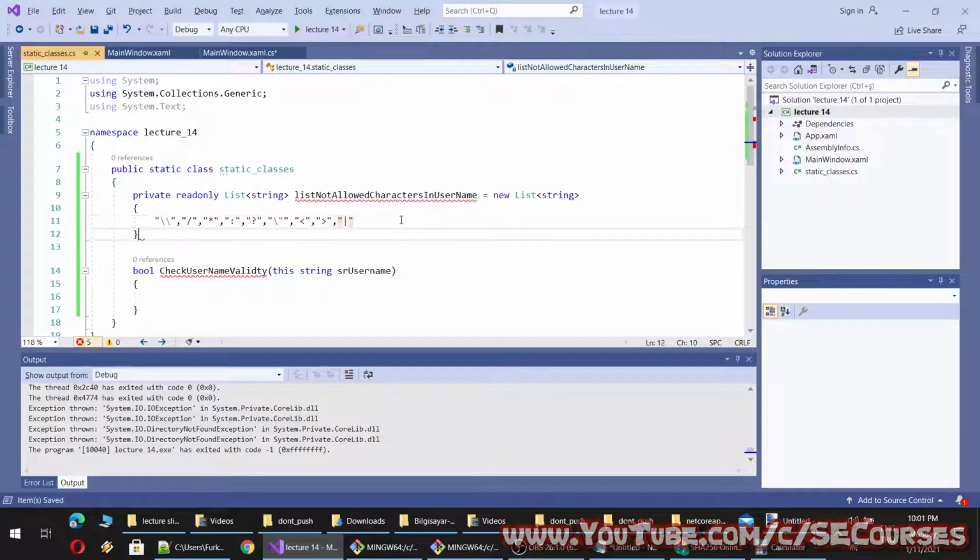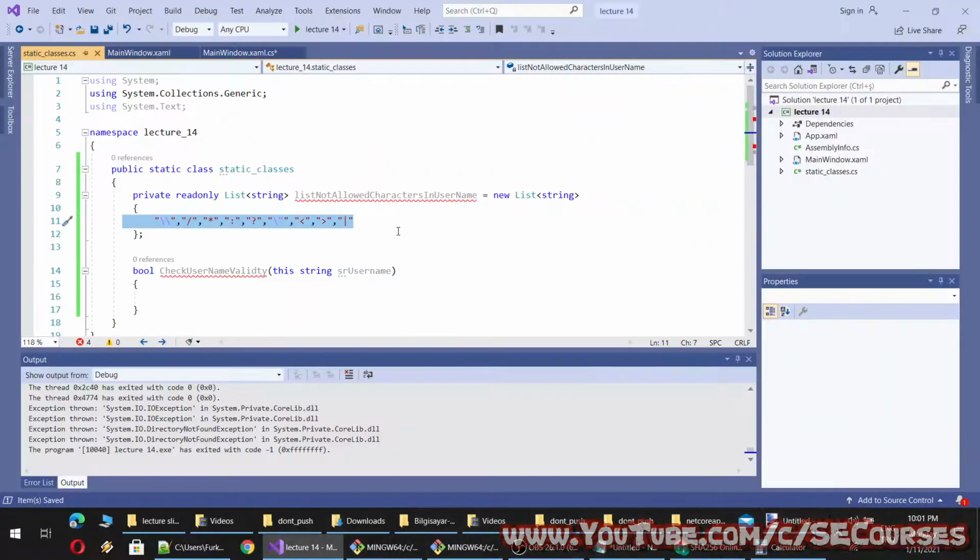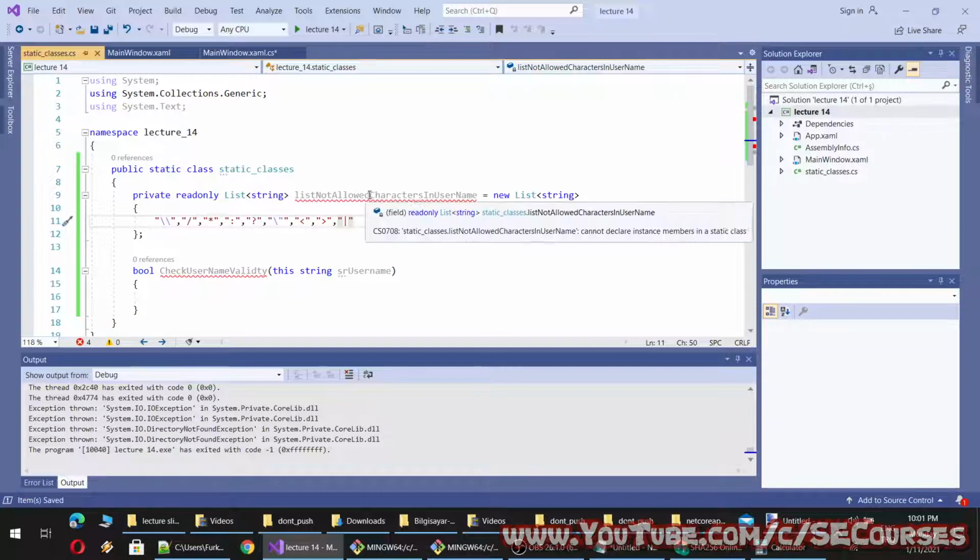Okay, so these are the characters that are not allowed in the Windows operating system. These may be valid in Linux or another operating system. So you have to consider every one of them.